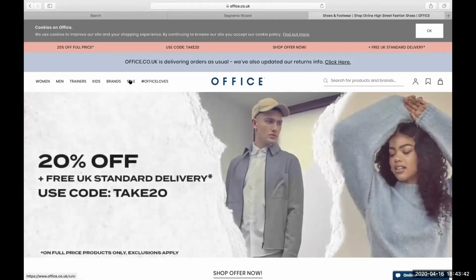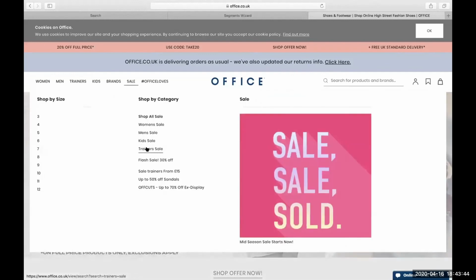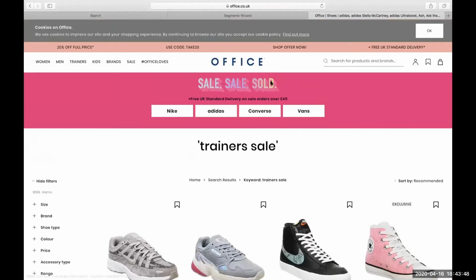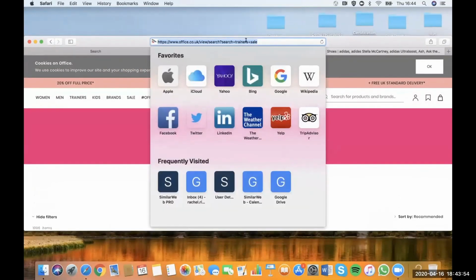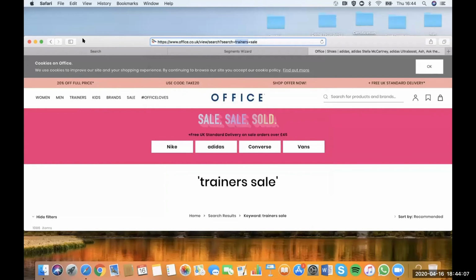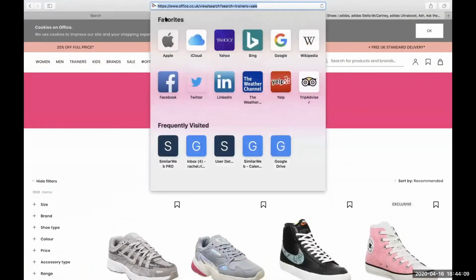So I'm just going to hover over sale, and you'll see that they have a trainers sale category. So I'm going to click on that. And now you'll see, I hope that you can see this, if I click on the URL string structure, let me just minimize my browser. You'll see that I have sale in the URL string structure, and I've got the other string, which is trainers. So now I know that I need to put in trainers and I need to put in sale into my string structure. So now that we've confirmed that, we can go back onto the Pro,